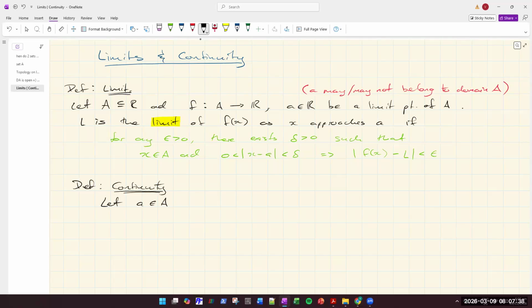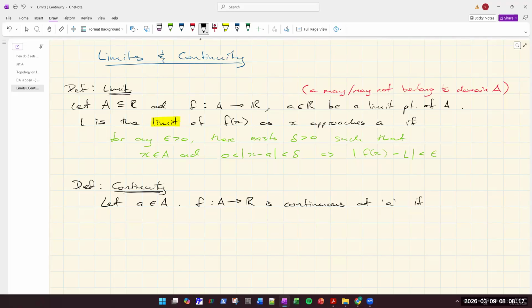So for the limit, A may or may not belong to the domain. If I want to talk about a function being continuous at a point, that point needs to belong to the domain. So let A belong to the domain, and we say that f is continuous at the point A. So when we talk about continuity, it's actually always with respect to a particular point. So f is continuous at A